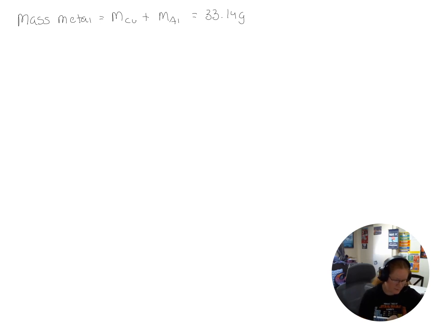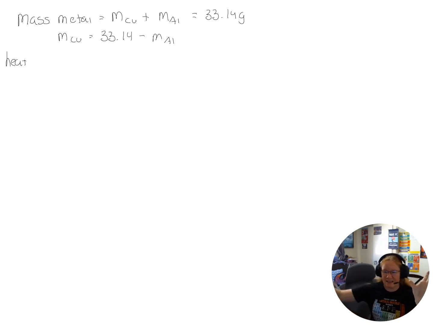33.14 grams, okay? I can rearrange and I can get the mass of copper is equal to 33.14 minus mass of aluminum. That way I can solve for one variable and plug in, okay? So when we look at this, we can also look at what's happening to our water. So heat, because this will make the equation less clunky, if I have an MC delta T and then my 2 variables over here. So my heat gained by water